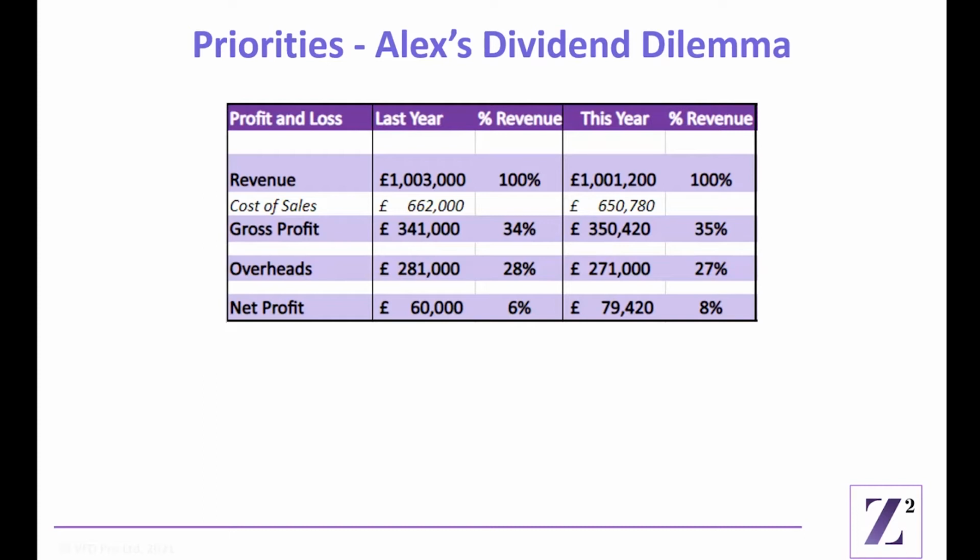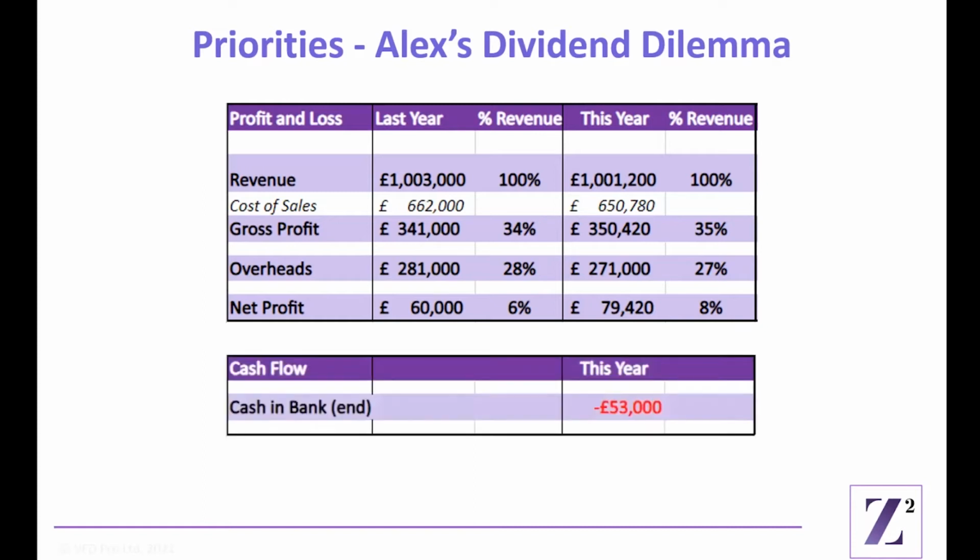We've already introduced Alex KPI software and Alex's planned dividend payment. With an 80k profit up 33% on last year, Alex and the family are looking forward to paying themselves a 40k dividend this year. They're excited at the prospect of a holiday in the sun or moving to a larger house or a whole new wardrobe of clothes to wear. However, there is a problem and it's down to cash flow. Despite the increase in profit, the bank is overdrawn by £53,000. Alex has to explain to the family there'll be no holiday this year, the house move is put on hold, and existing clothes will have to last longer. Never mind, because next year will be better, but will it?